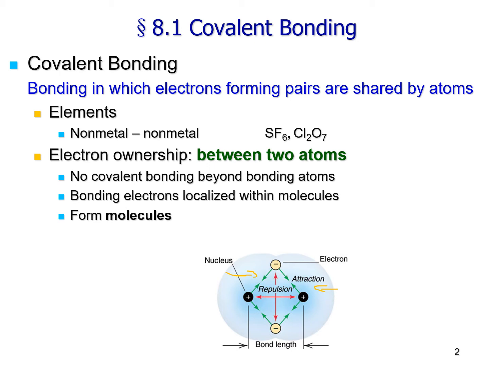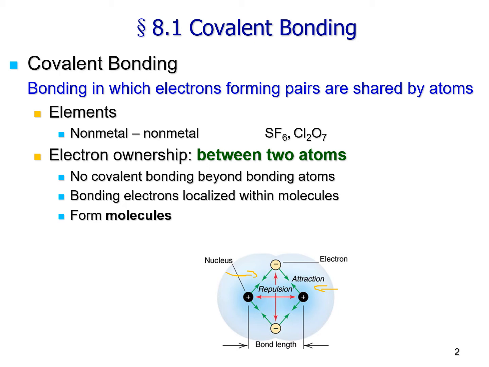So that is what I meant by no covalent bonding beyond the bonding atom. That only exists between the 2 bonding atoms, for this pair of atoms, this pair of bonding electrons. One conclusion we can draw from what we have just discussed is that bonding electrons are pretty much localized within